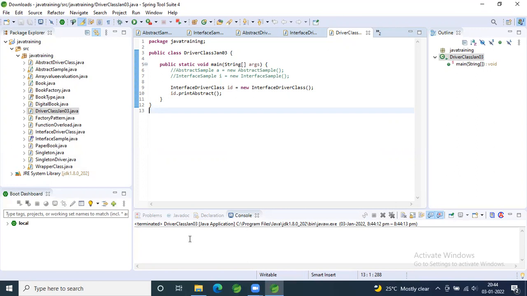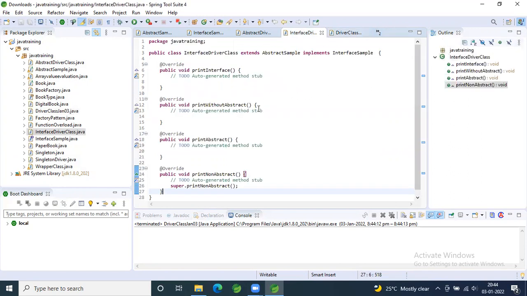But still I'm getting an issue in the print abstract. Do you have something in console, or just have a method? Can you just check that? I don't think you have a method there. Print abstract. You don't have anything.